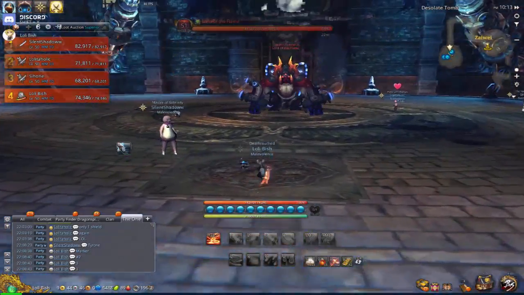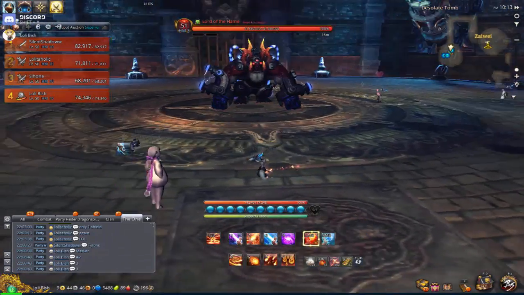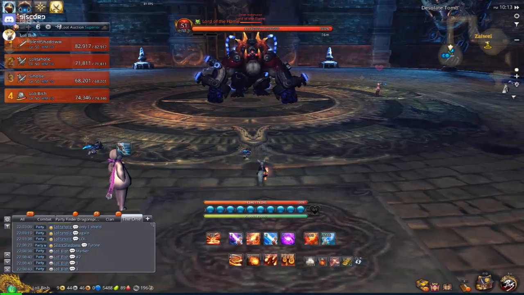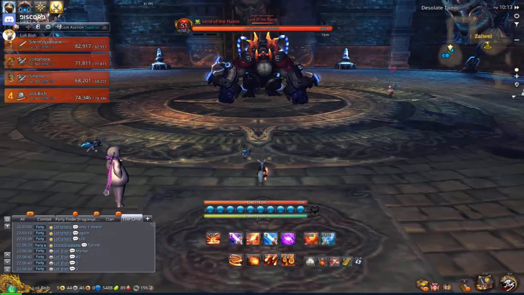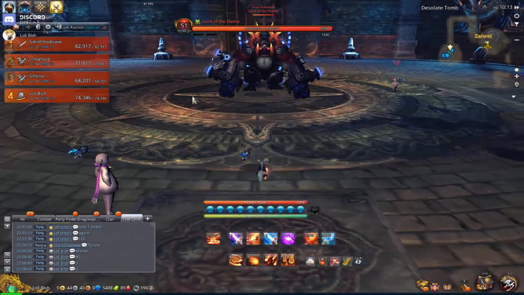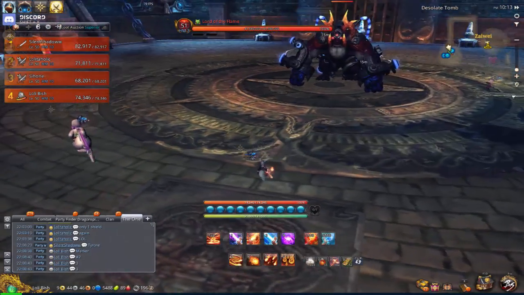Just prioritize you getting the mark, even if you miss out on DPS if somebody's messing up. So I get the mark. It's 90%. He just jumped back. What he's gonna do is he's gonna summon these 2 balls right here and here, and he's gonna